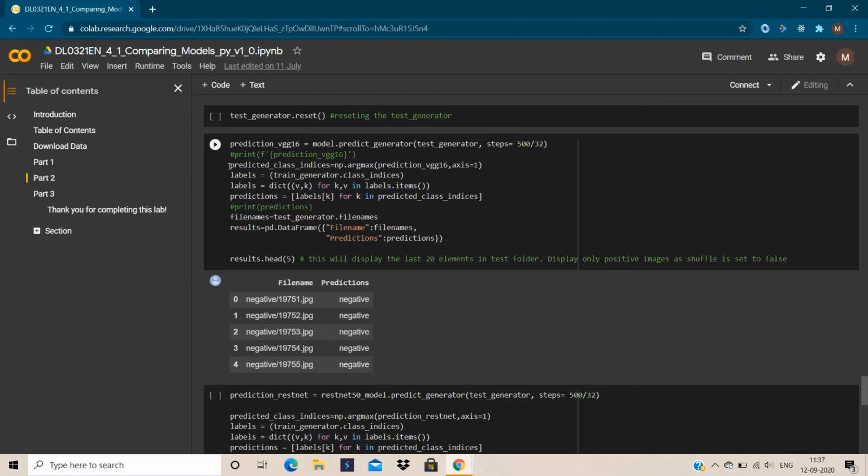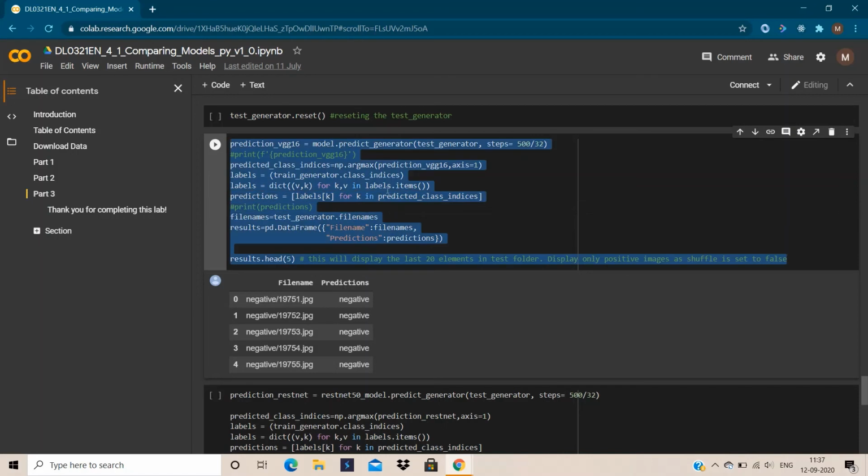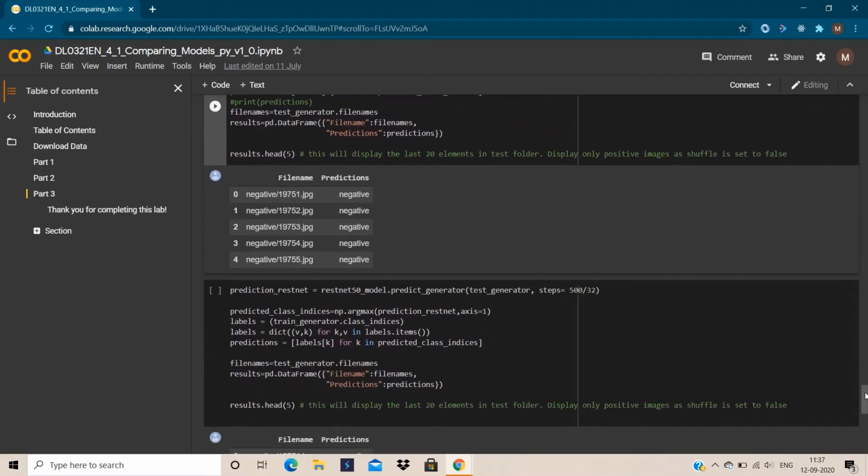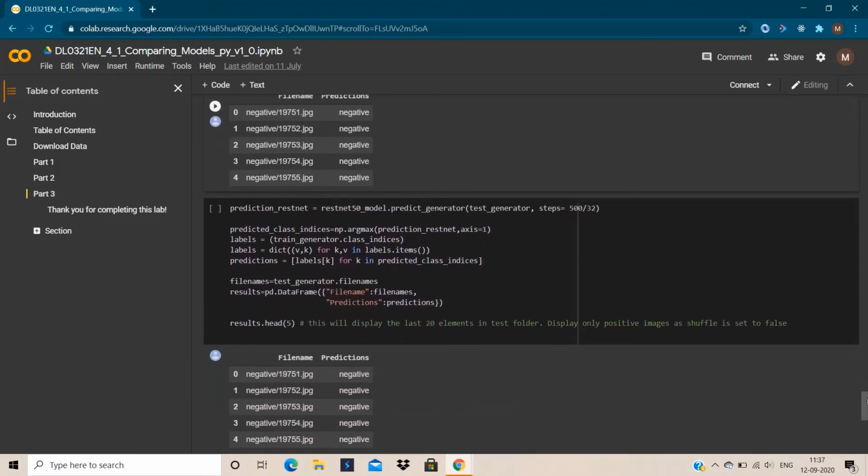Then we are checking whether the predicted value is positive or negative, and by using labels we are assigning a value, positive or negative, so that we can represent it in the format that I had shown, like file name and then the prediction, positive or negative. You can see that all the predictions are negative here. After that we predicted on ResNet50. We performed the same functionality but using the ResNet model.